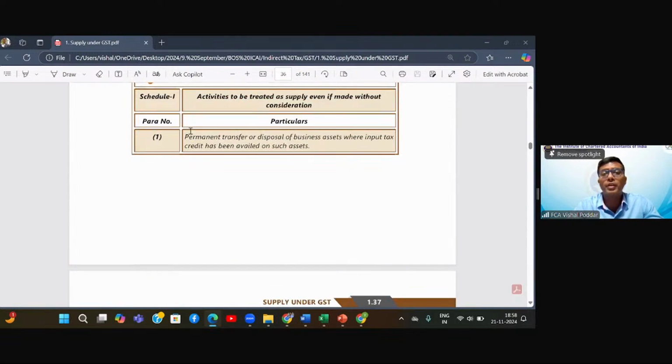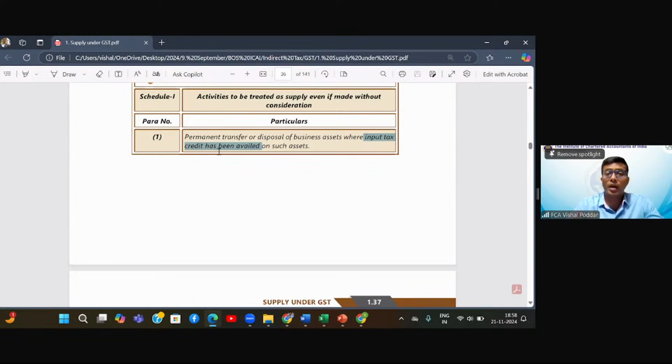और आपने खरीदते वक्त उस एसेट का इनपुट टैक्स क्रेडिट लिया था। सो एट द टाइम ऑफ परचेज यू हैड अवेल्ड द आईटीसी। ऐसे असेट्स को अगर आज आप परमानेंटली ट्रांसफर या डिस्पोज कर रहे हो, सिंपल वर्ड्स में डोनेट कर रहे हो, हम उसे सप्लाई मानेंगे, क्योंकि आपने खरीदते वक्त उसका आईटीसी लिया। तो इसी का ऑपोजिट क्या है? खरीदते वक्त जिन असेट्स का आईटीसी नहीं मिलता है, जैसे मोटर कार, कल अगर आपने वो डोनेट की तो वो शेड्यूल 1 में सप्लाई नहीं बनेगा।